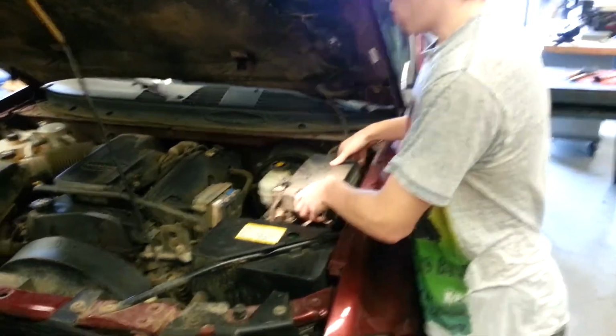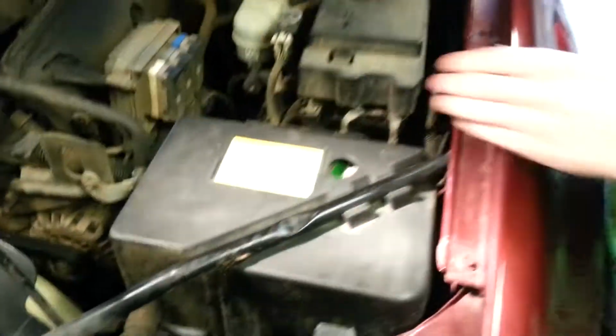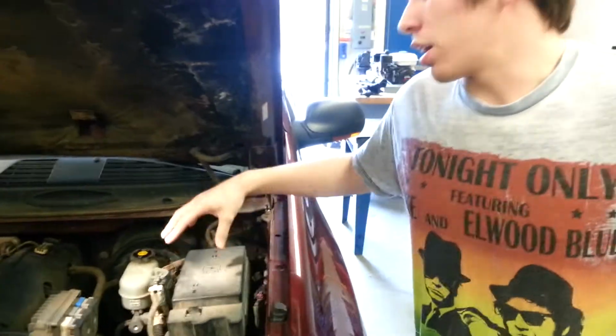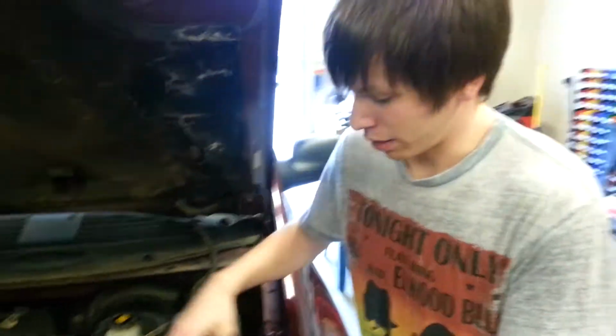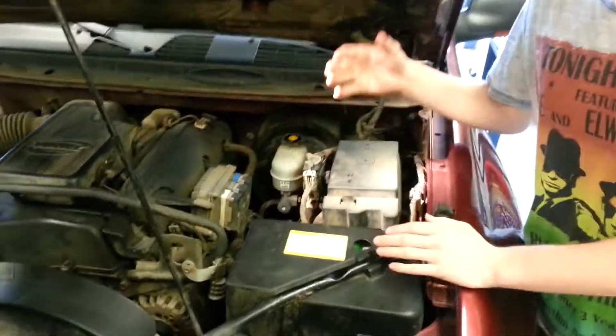Now, what we got here, this is what they call a fuse relay. Now, fuses are extremely important when you have anything electrical. What does the fuse relay do? Well, it takes a big load, like the 12 volts in this battery, sent to the fuse relay through these wires. It takes the big load and it acts somewhat like a lever, if you think of it that way,